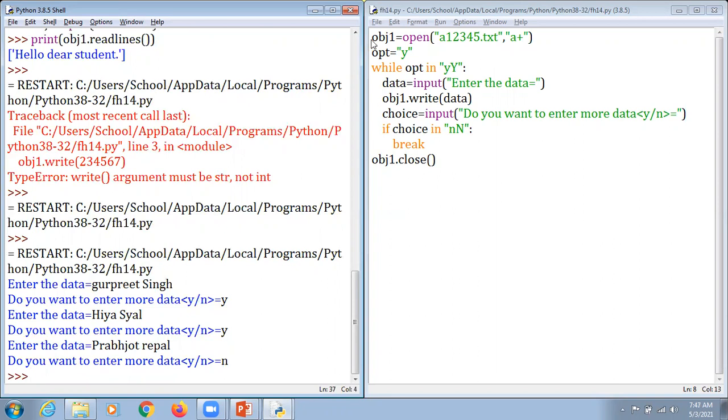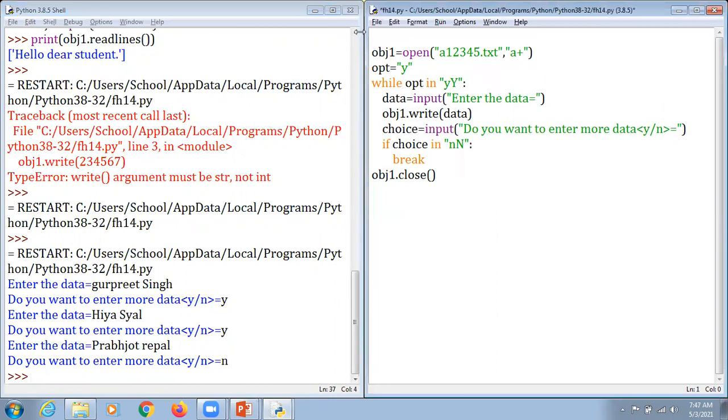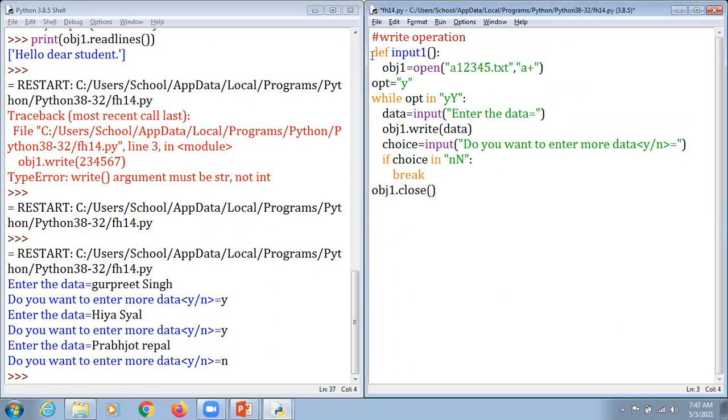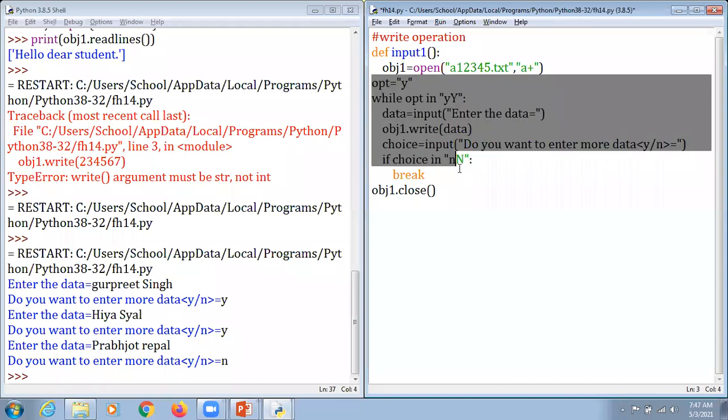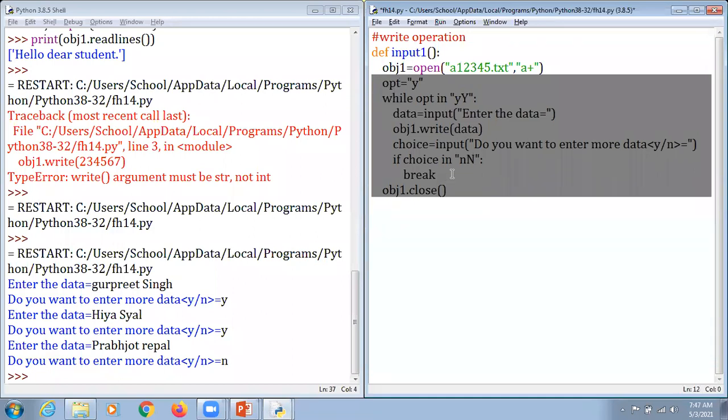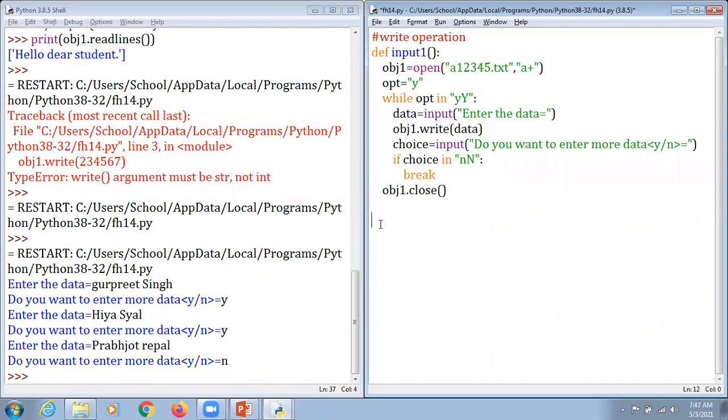What we do here is that we are supposed to perform a write operation. So this time we convert this into a function by writing a def. We type it as input one, and we hit the enter key here. And this is a trick, my dear students, that I'm just going to hold down the control key and the closing square bracket, it automatically moves in a forward direction in spite of us doing it manually, that is one by one.